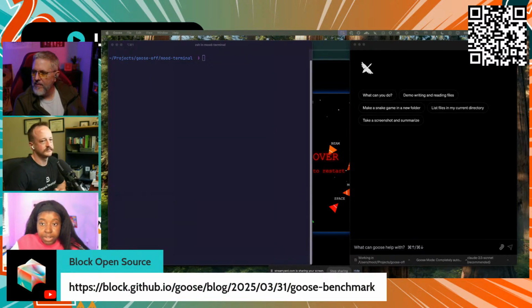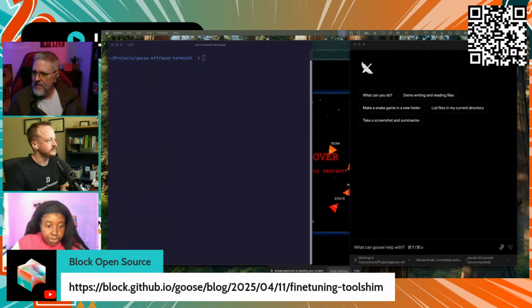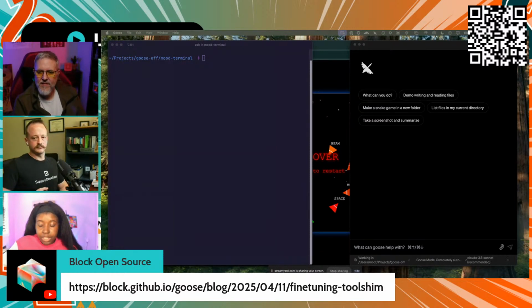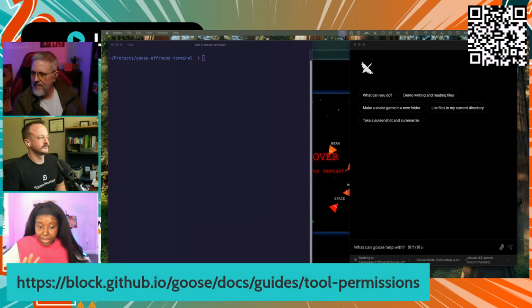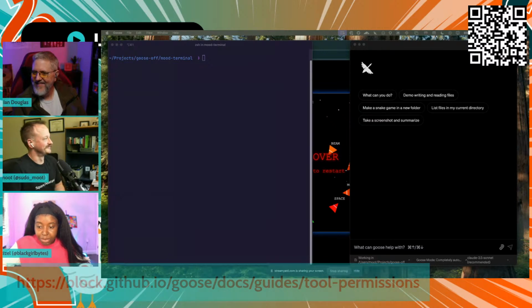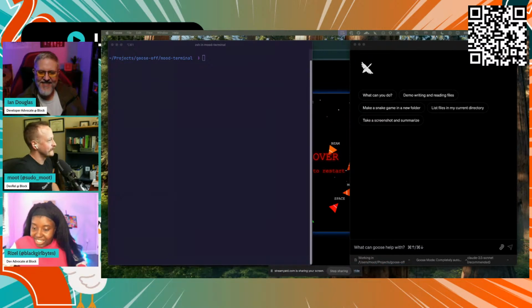And then we have another one on something called tool shimming, because another problem with open source models is that they don't always have tool calling support. So we've been experimenting with fine tuning models and giving them tool shimming. Okay, I think I used up a lot of time just because I'm a nerd and wanted to talk about this stuff.